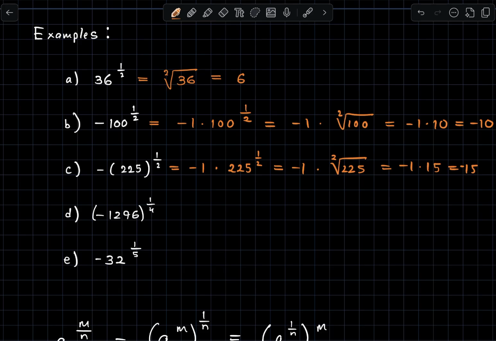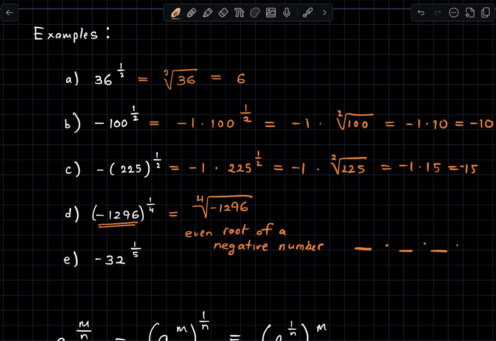Next, we've got negative 1,296 raised to the 1/4 power. So this is the same thing as taking the 4th root, right? That negative is now inside of here. It's being raised to that 1/4 power. This is the 4th root of negative 1296. We're trying to take an even root of a negative number. That's not going to work because there's no number that we can multiply by itself 4 times that will give